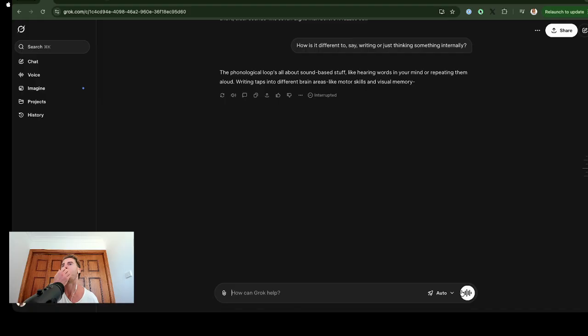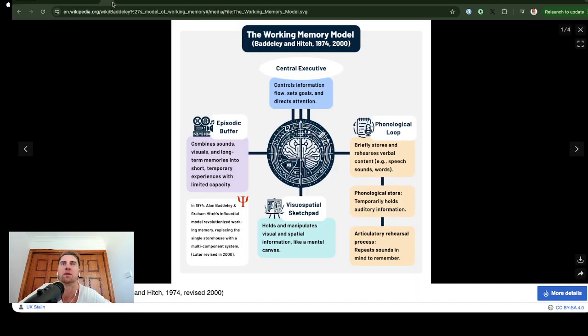Okay, so I've been thinking more and more about why the real-time voice mode is so good, or why I like it so much. This might be common knowledge to some people, and wasn't common knowledge to me, so I dug in a little bit to try and understand, and I think it's got something to do with the phonological loop and how it relates to semantic and episodic memory.